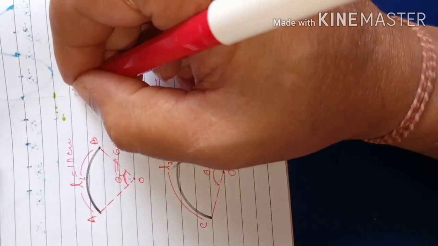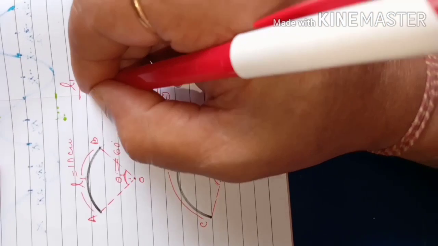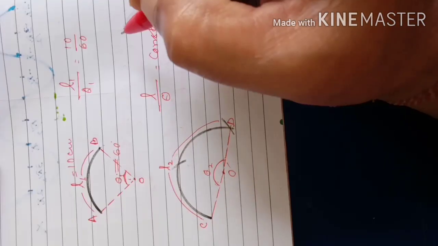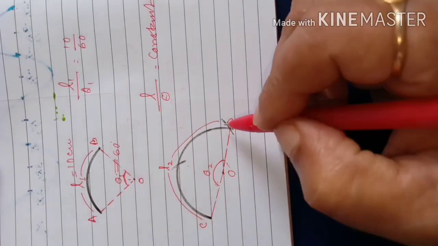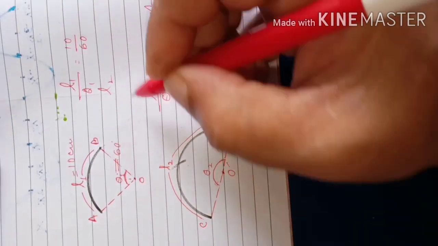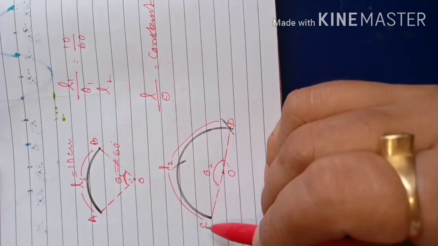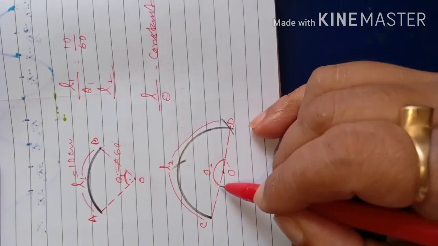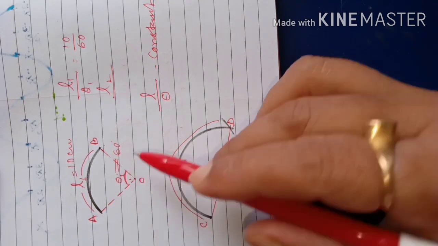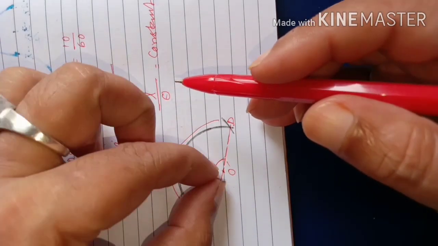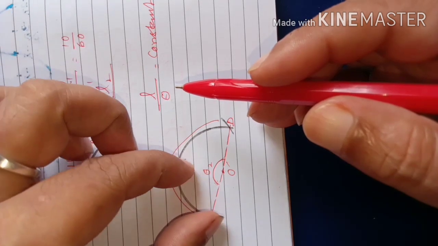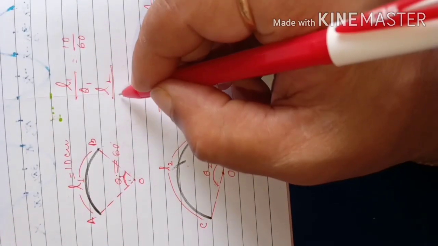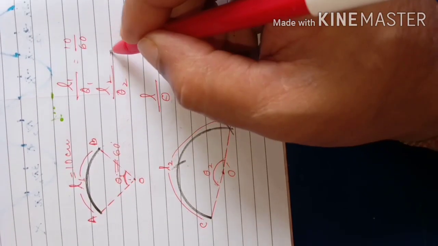Then what is the ratio L1 by theta 1? That is equal to 10 centimeter by 60. Then in this case what you will get? L2, since L1 was 10, that means L2 has become 20. And this angle will be double of this angle because twice I have cut here. Up to here one angle, that is theta 1 means 60 degree, again one more 60, so it will be 120. So L2 by theta 2, what will say?